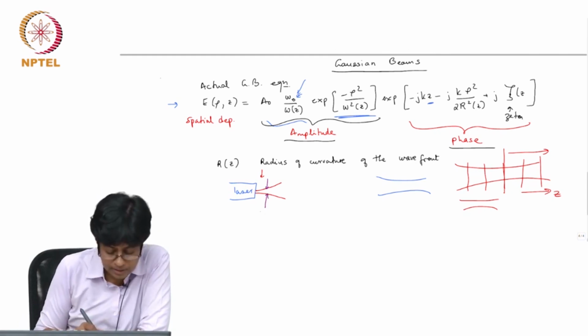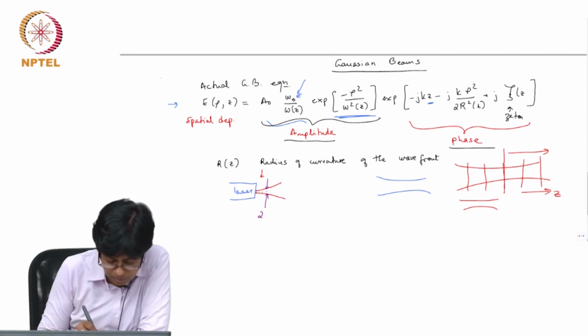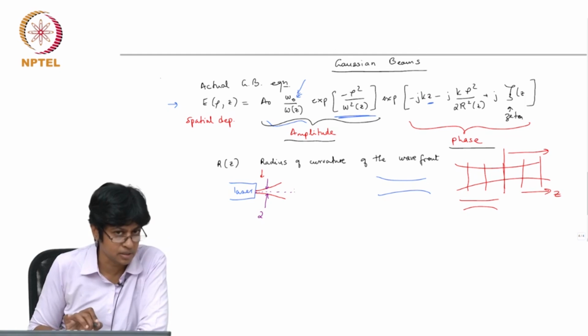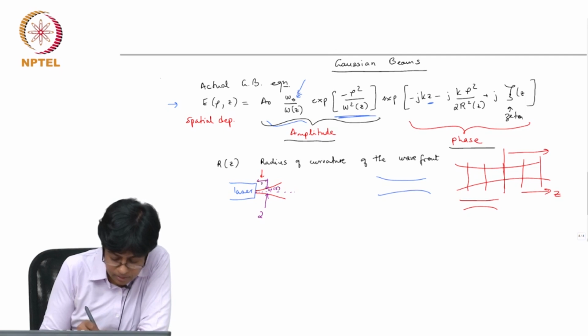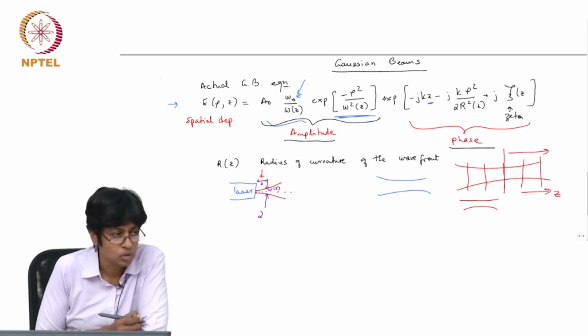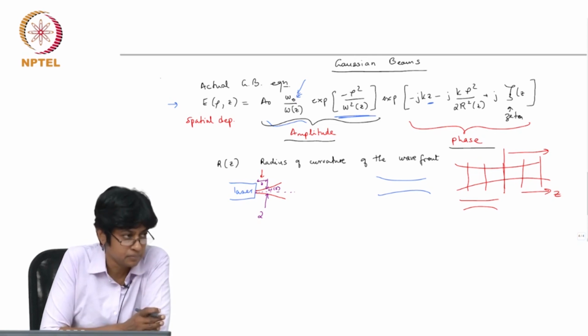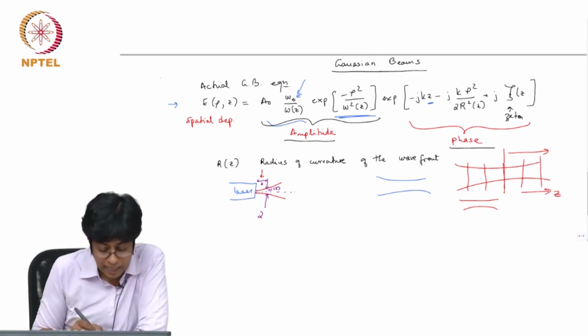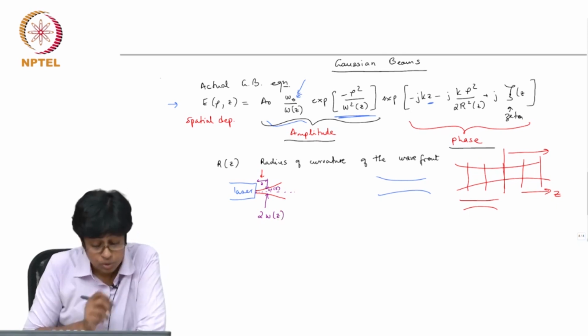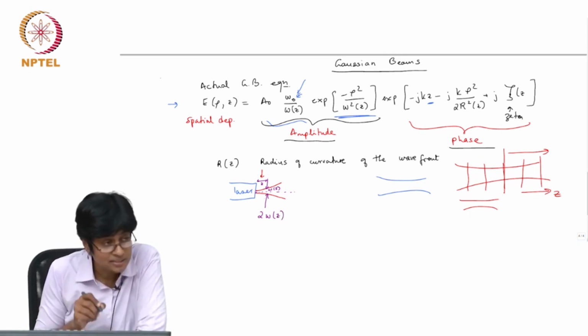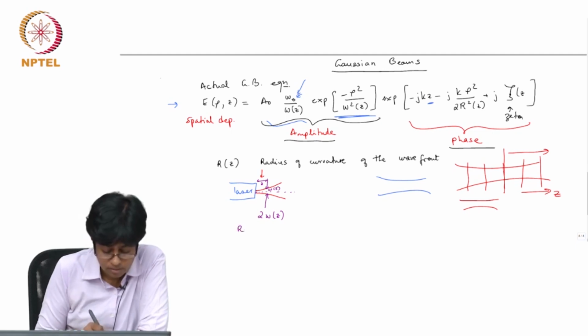So in fact the radius here, and let's say this was the optical axis, it's symmetric about the optical axis, then I would say this is omega of Z, where Z is this distance. Z is always measured from the minimum size, and the diameter therefore is 2 omega of Z. So the radius of the beam at Z